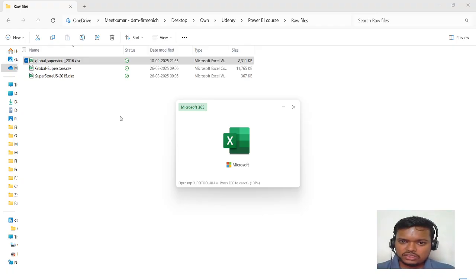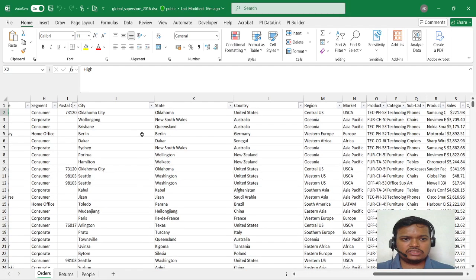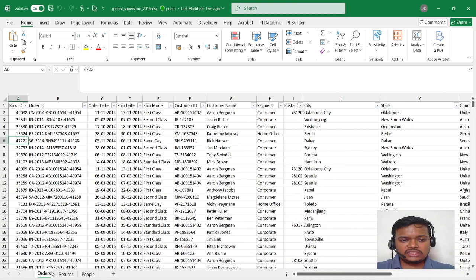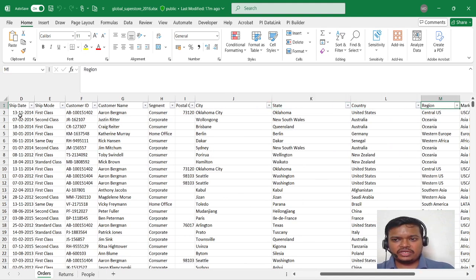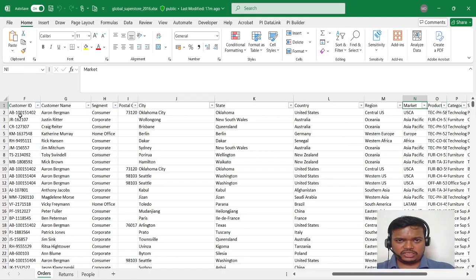So how many orders have been placed from which region? You can see that in the Orders sheet there are multiple columns. One is row ID, second is order ID, order date, then when the order was shipped, by which mode the order was shipped, what the customer ID and name were, and what the segment was, like consumer, corporate or home, and their address including state and country, and the regions, and which market your order went to or was delivered,